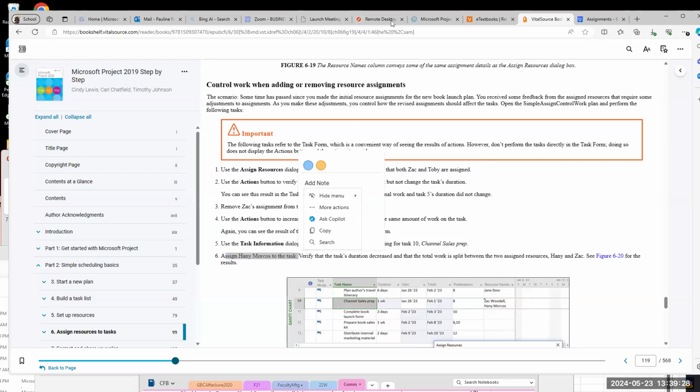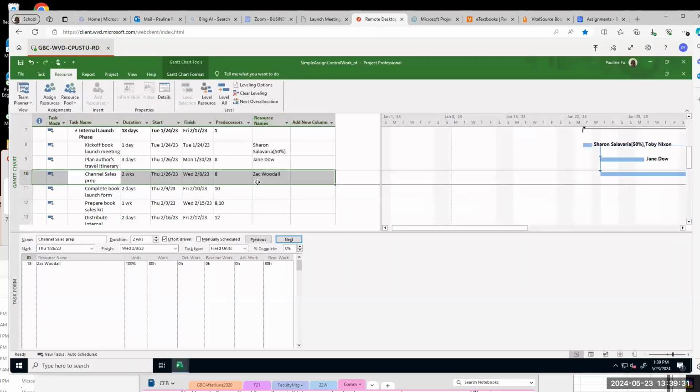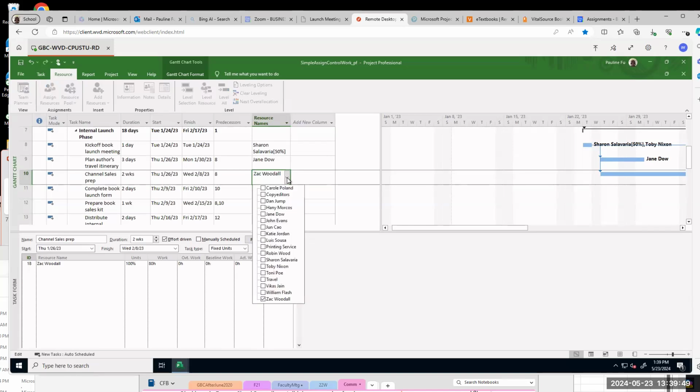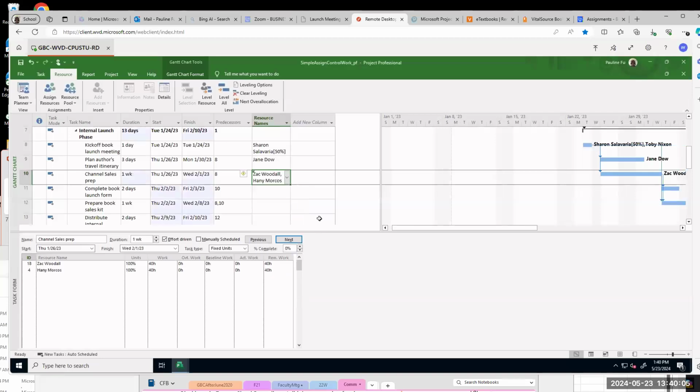Okay, go to task 10. Under resource name, select Honey Markers.